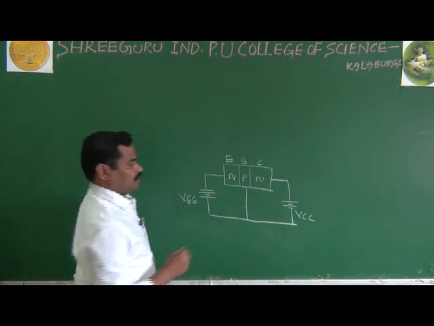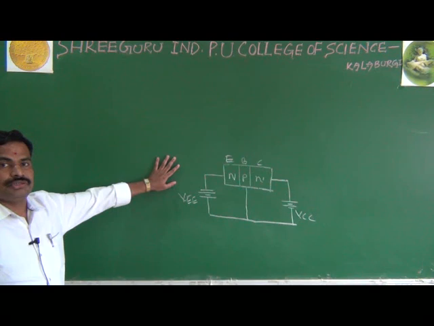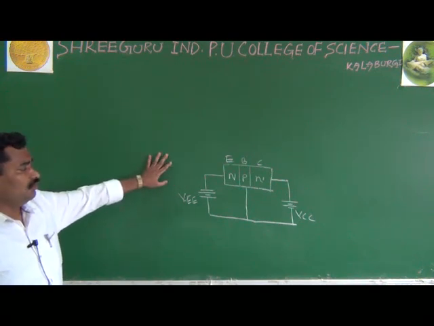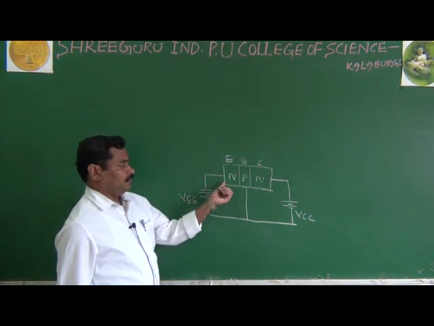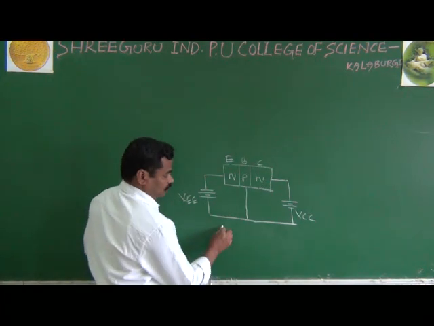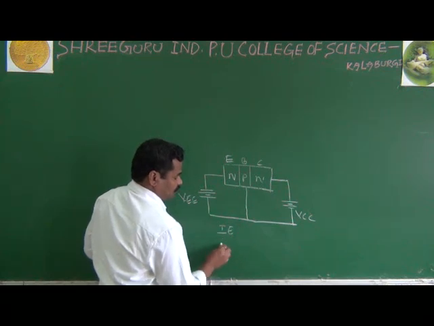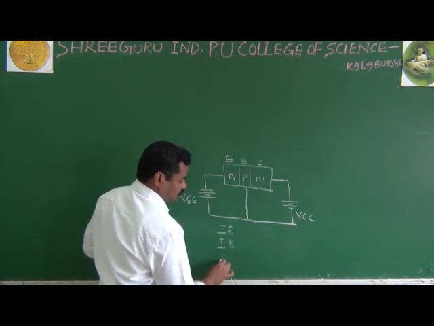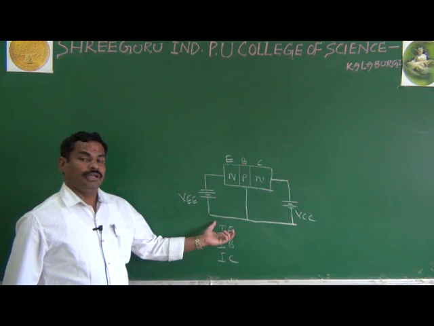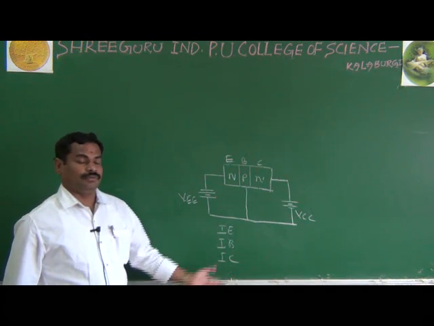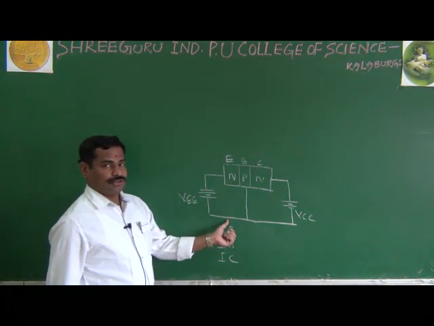Look here, yesterday I explained in a simple way the working of the NPN transistor. Now we'll take one example. Yesterday I said we find the input current, the emitter current IE, the base current, and also study the collector current. As I said already, because your emitter base is forward biased, what happens?